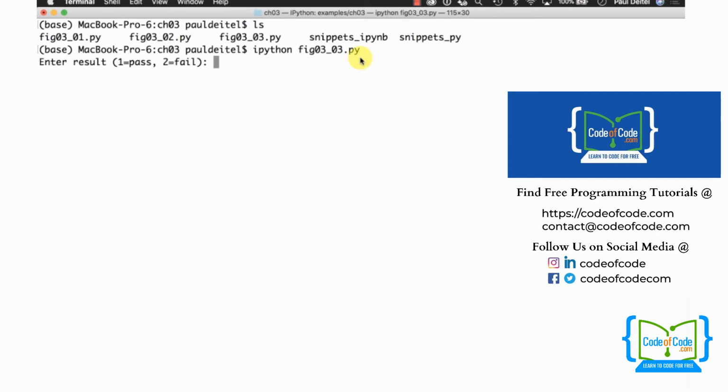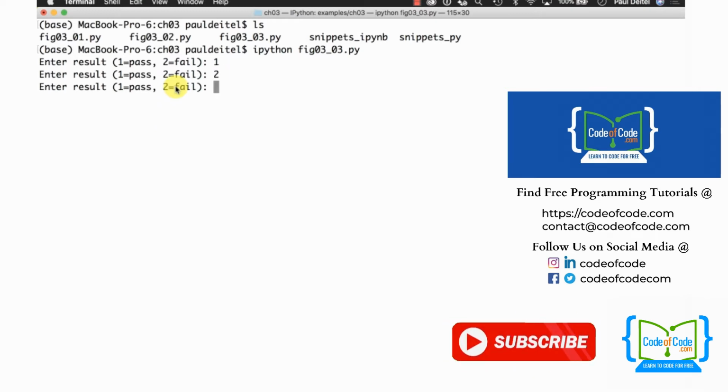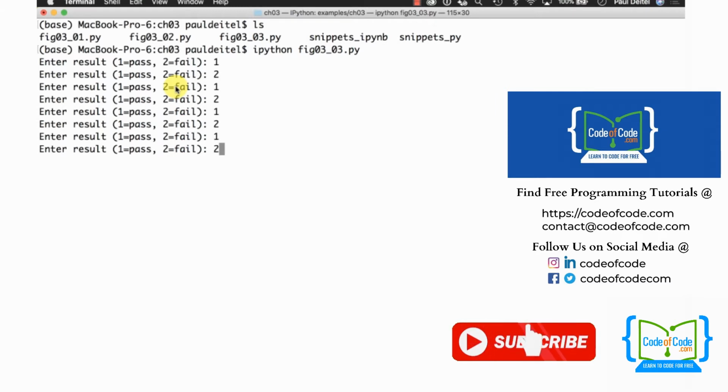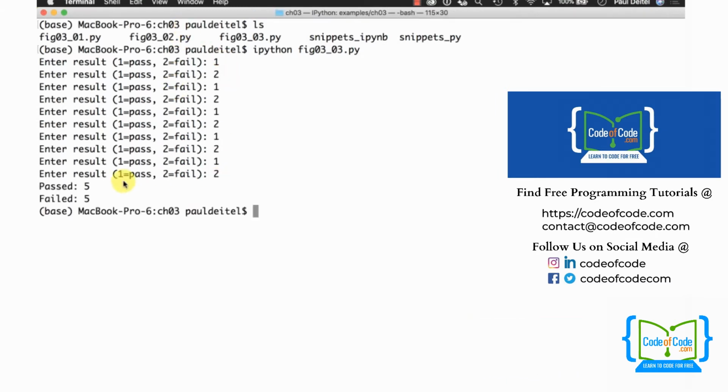So as you may recall, we're asking the user to enter the individual pass-fail results, and you can see I'm prompting the user with 1 for pass and 2 for fail, so they know what to input into the program. And remember that we want to be able to test whether more than 8 students pass the exam so that we can bonus the instructor. So I want to run this program twice, once in which we don't have enough students passing and once in which we do. So let's say every other grade in this case was just a 1 or a 2 to start out. So we have 10 total grades, 5 passed and 5 failed, and you don't see anything about a